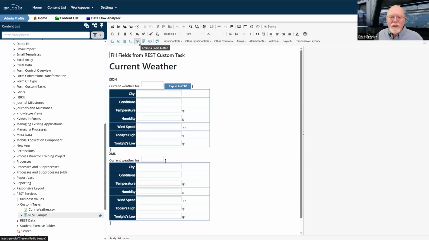The radio button list is a list control, so its configuration settings look exactly like that of the drop-down control or the list box control. All three of them are list controls. They simply have a slightly different look to them whenever they are displayed on a form, and obviously they operate a little bit differently because with a list box I can select multiple items, something you can't do with a drop-down or a radio button list.